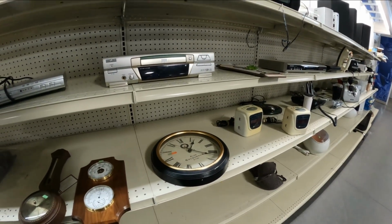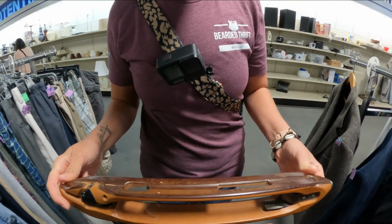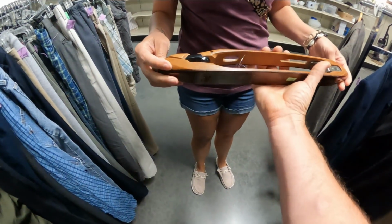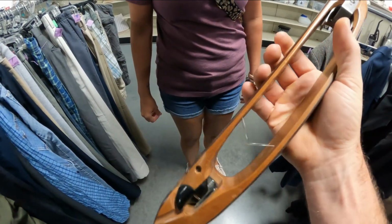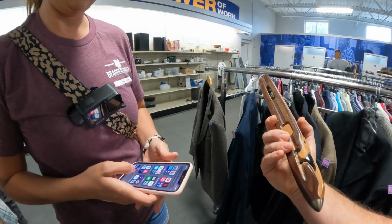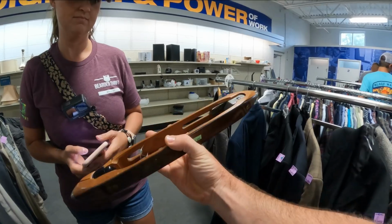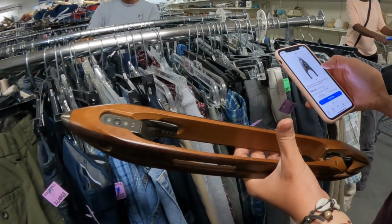Huh. I saw that up in the case. It's $10. I know. What is it? Door lock patent. I don't know what that is. Anybody in the comments know exactly what this is before we look it up? I have no idea. I would start off with that name right there. Condition, then if that's